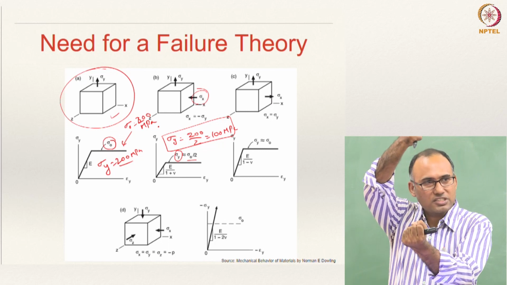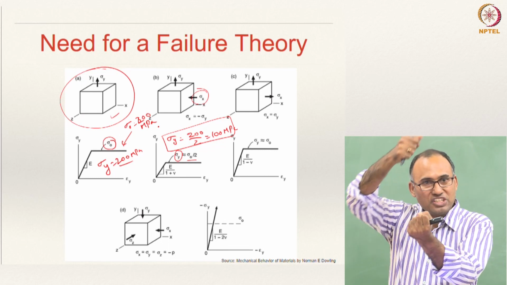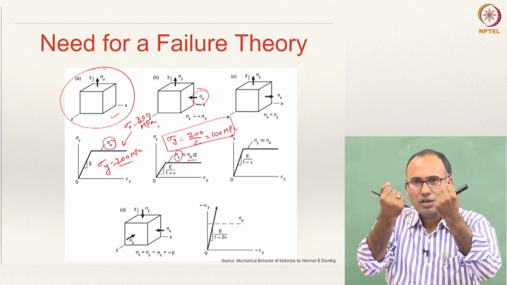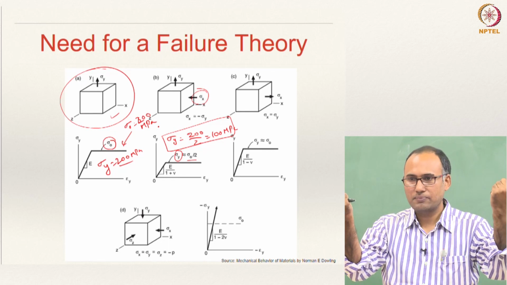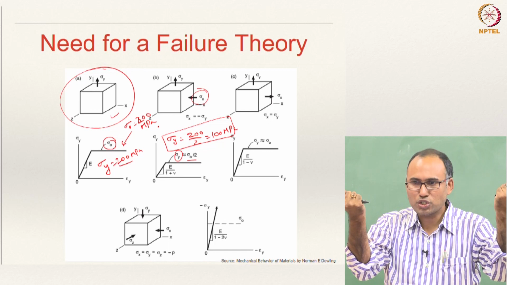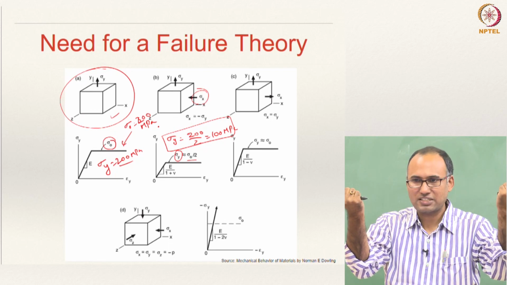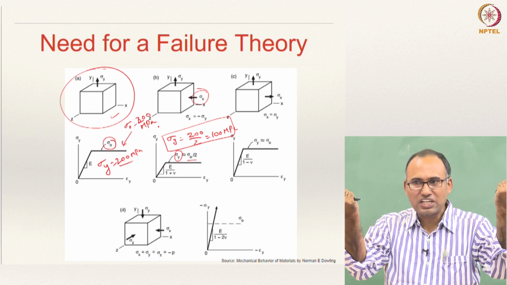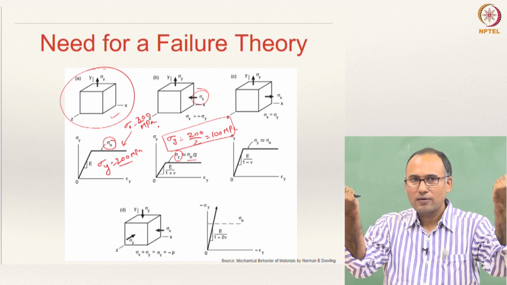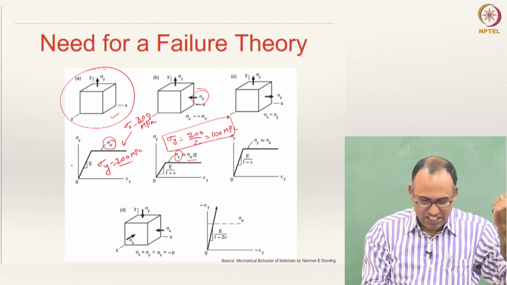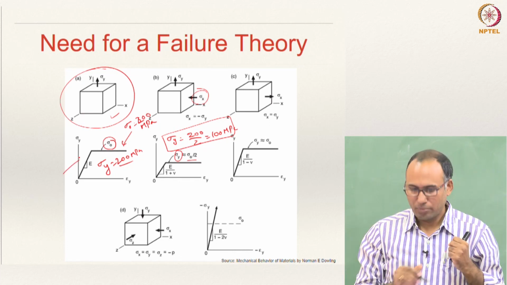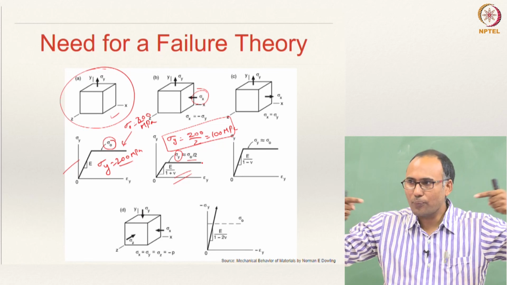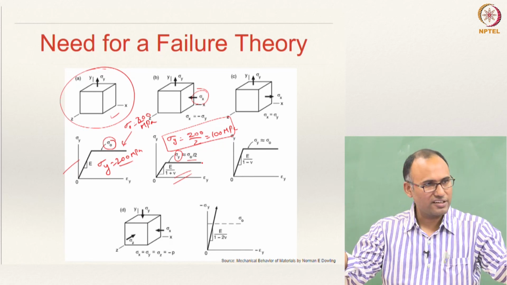Then what should happen? You are applying the load in this direction. Now, if you change the sense of your lateral load, instead of compressing it, if you pull it in the lateral direction, then what should happen? What do you expect to happen? Do you expect your yield strength to increase, to be higher than this case or not? Because here it is reducing, because you are pushing in the lateral direction. Now, instead of pushing, you are pulling in the lateral direction with the same value.